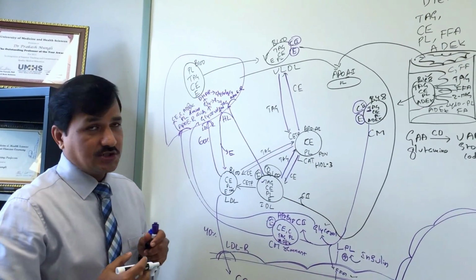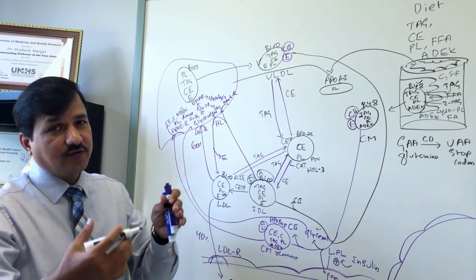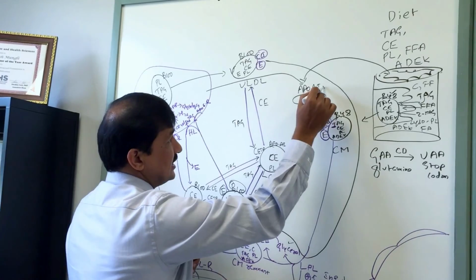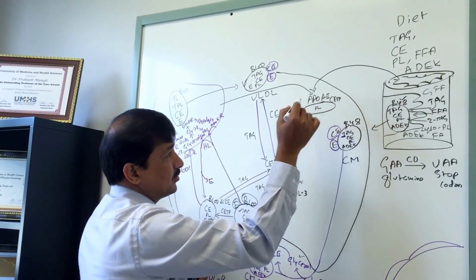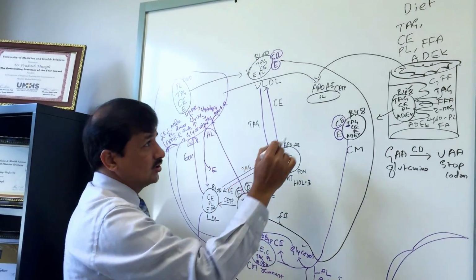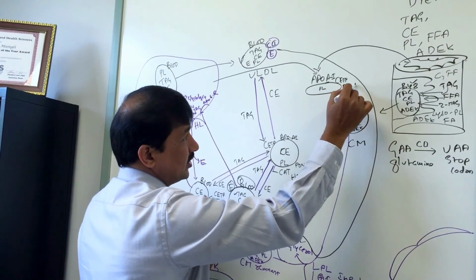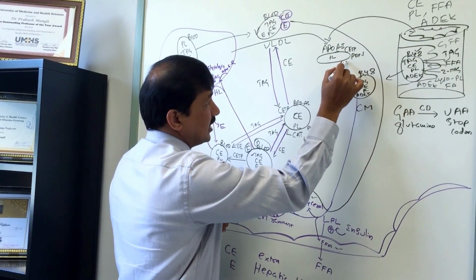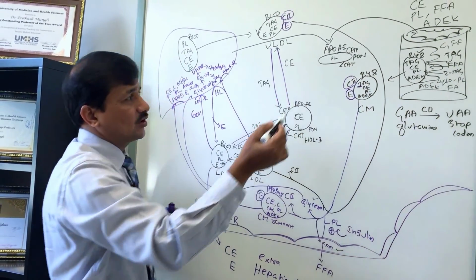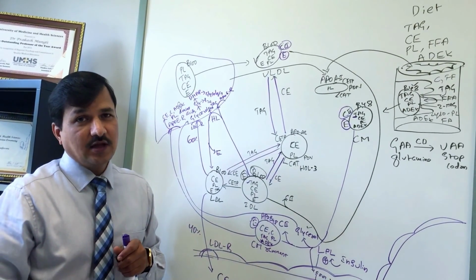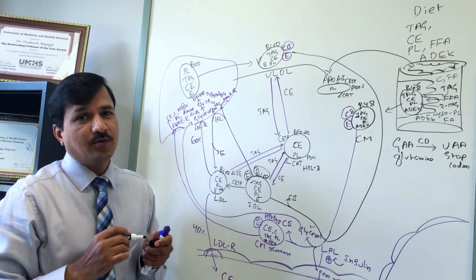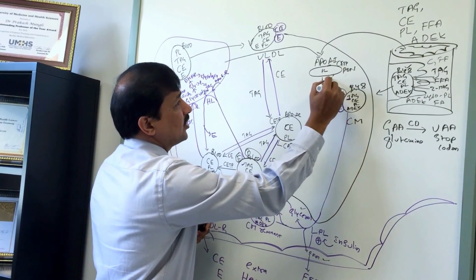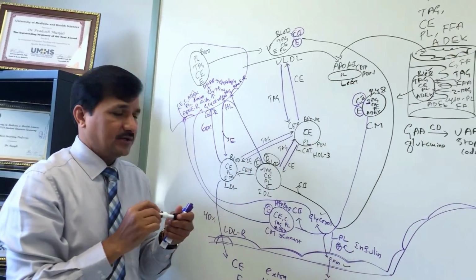Once it is in the circulation, this ApoA1 is going to recruit different proteins that are there in the circulation. Basically, it is going to recruit CETP, cholesterol ester transport protein, which is synthesized by the liver. It's going to recruit peroxidase enzyme, which is an antioxidant enzyme. It's going to recruit LCAT enzyme, lecithin cholesterol acyl transferase enzyme, and it's going to recruit all the apolipoproteins except ApoB100 and ApoB48. So it has plenty of proteins on its surface and it has phospholipid there.